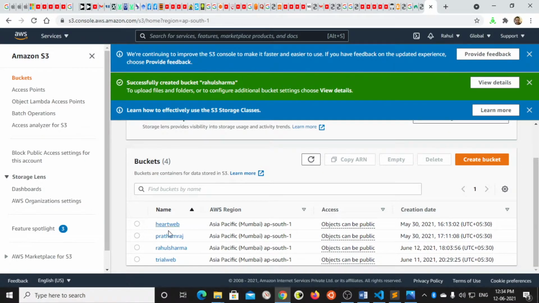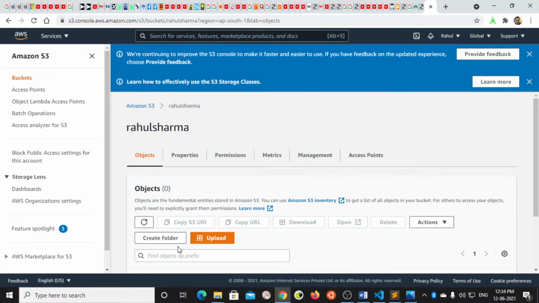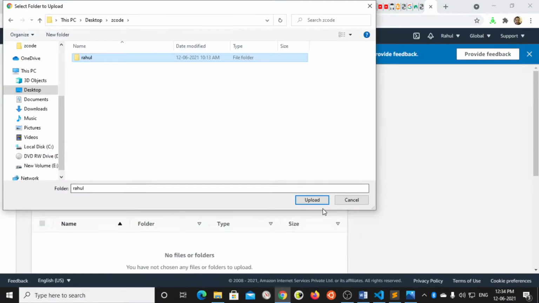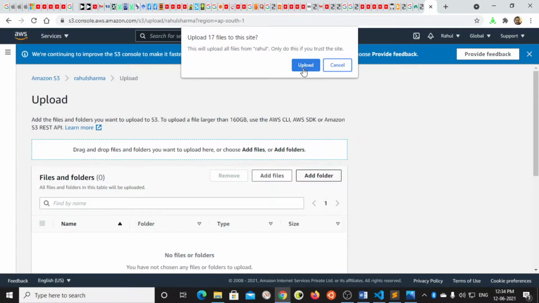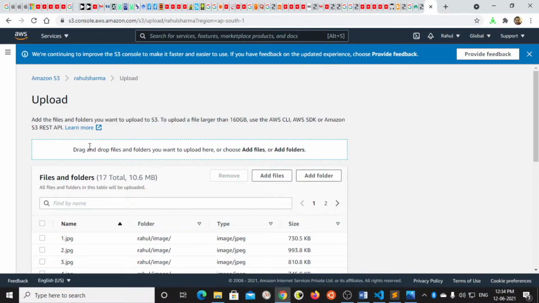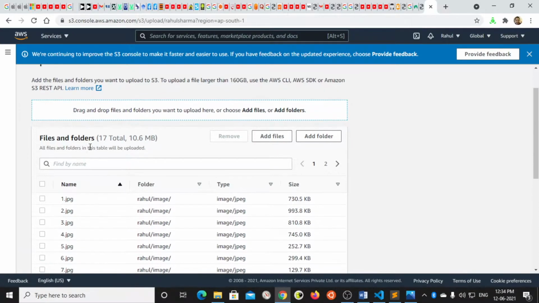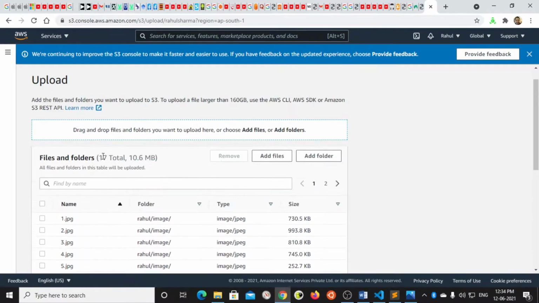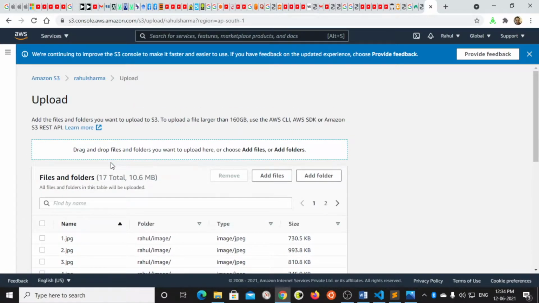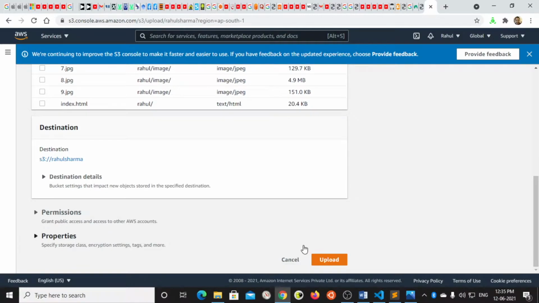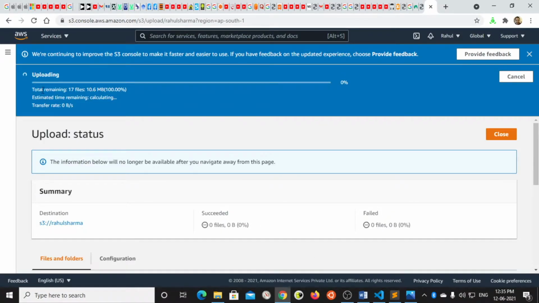Now next step is to upload all the data, like HTML file, CSS file, or if you have JavaScript file along with the images. So I'll upload this. It will start uploading.